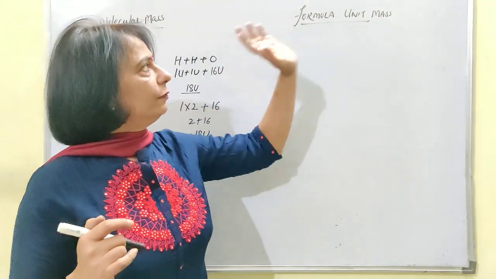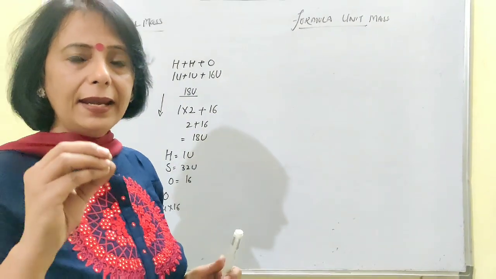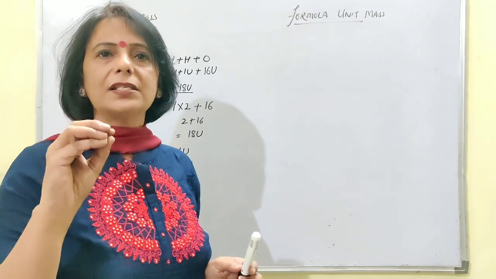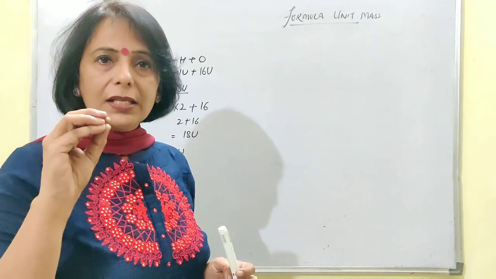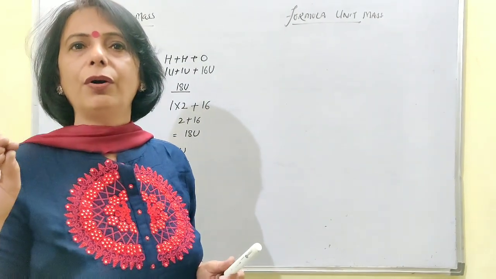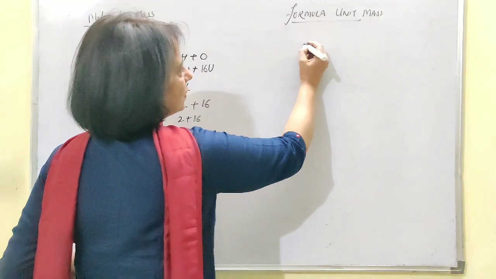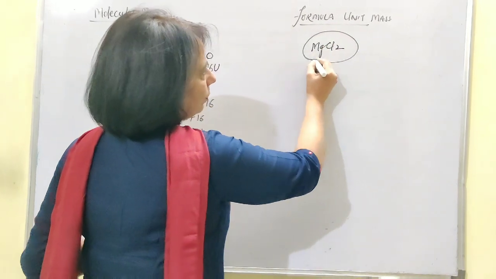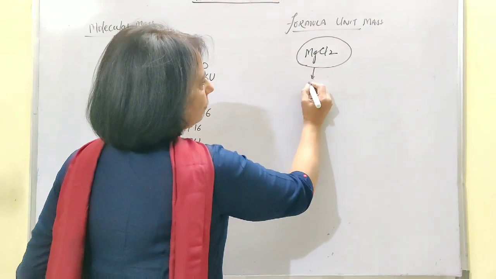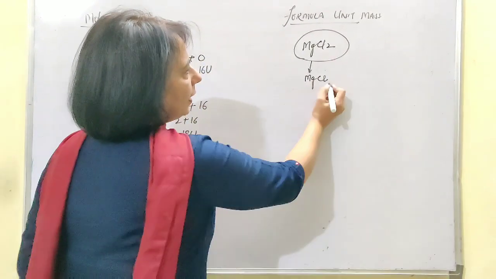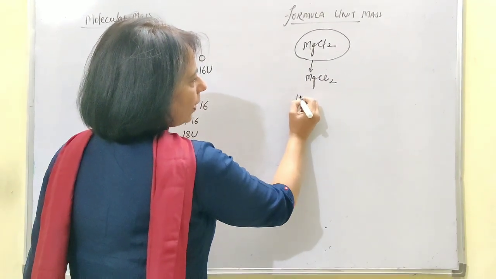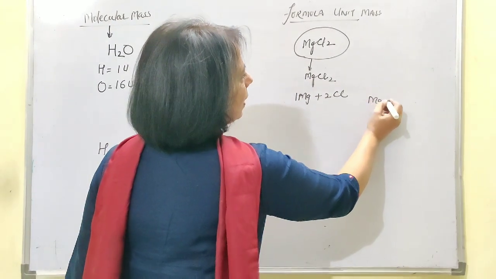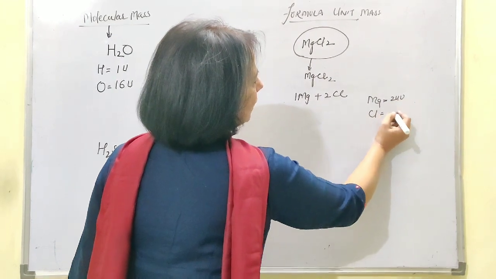Now let's go to the formula unit mass, where you have to add the masses of all the atoms which are constituting one formula unit of a compound. Like if I say I have taken magnesium chloride. So this is the compound magnesium chloride. If I take its one formula unit, that means it is made up of 1 atom of magnesium and 2 atoms of chlorine. Magnesium has a mass of 24U and chlorine has a mass of